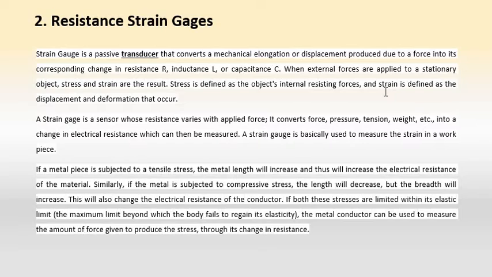Now, both these stresses, that is both the compressive stress as well as the elongating stress, are limited. As I have told, before using a metal piece for strain measurement, we should test it for its maximum and minimum limits of the compressive and elongative stresses. We should find out the maximum compressive stress and maximum elongative stress of it. Then only we can find out the limit of that particular metal piece. And if the limits are measured, then we can use that metal piece for measurement purpose.